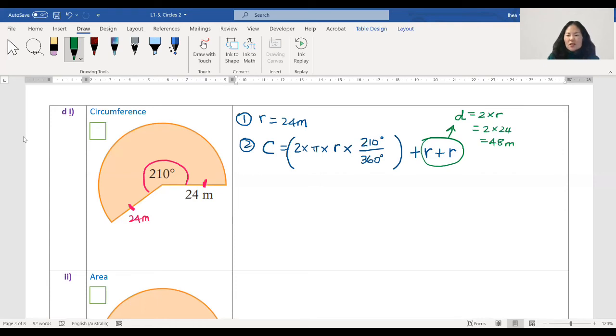So you might just do r plus r. Okay, now let's put that in. 2 times pi times radius, which is 24, times 210 over 360, plus radius 24, plus radius 24. You can actually put all this into your calculator in one go. If you do that, you will get